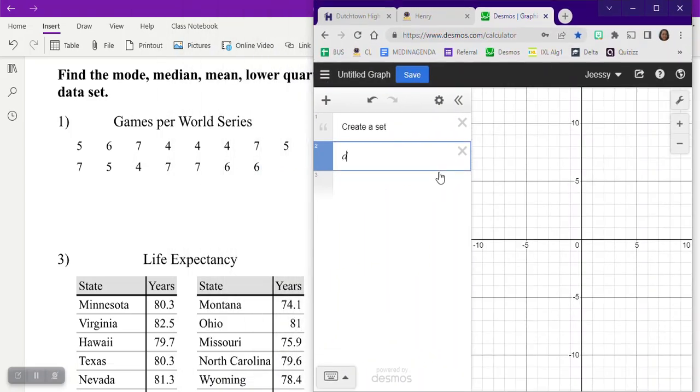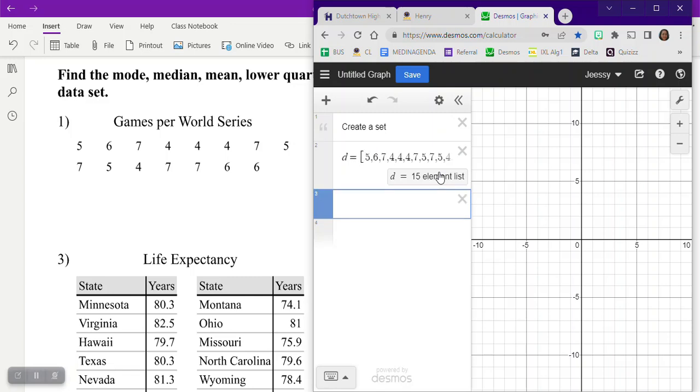And so you type in D equals bracket. And you type in the numbers. And you have to be very careful that you don't miss a number. So in this case, it would be 5, comma 6, 7, 4, comma 4, comma 4, comma 7, 5. It's another 7, 5, 4, 7, 7, 6, 6. Okay. Once you're sure that you have the correct sequence in there, all you have to do is type in